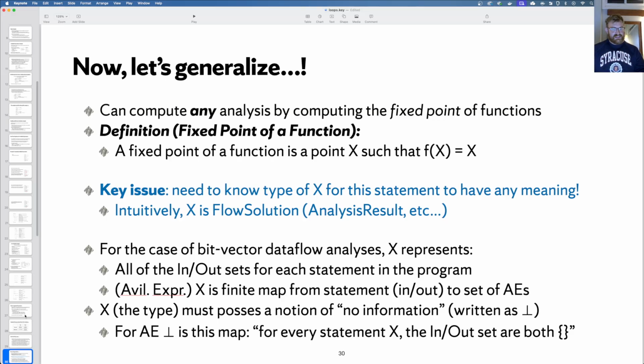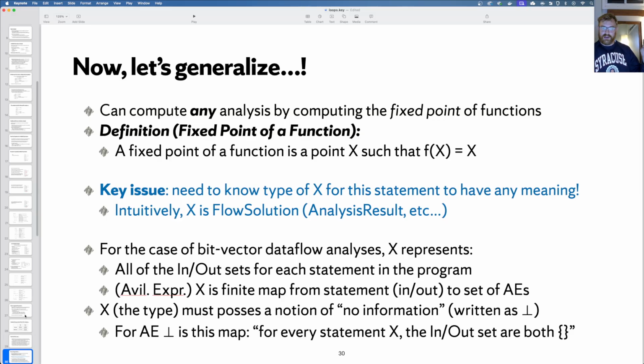Intuitively, in this case, x is basically something like an analysis result. And the idea is that we're going to define the analysis as a function that takes an analysis result, which is an approximation of the program's behavior, and gives us a little bit more information. It might push some analysis facts forward a little bit more. At some point, we're going to exhaust the ability to do that, because the set of possible analysis results is bounded. Remember, one of the things I said that's key to this process is that there is a finite number of possible analysis results.